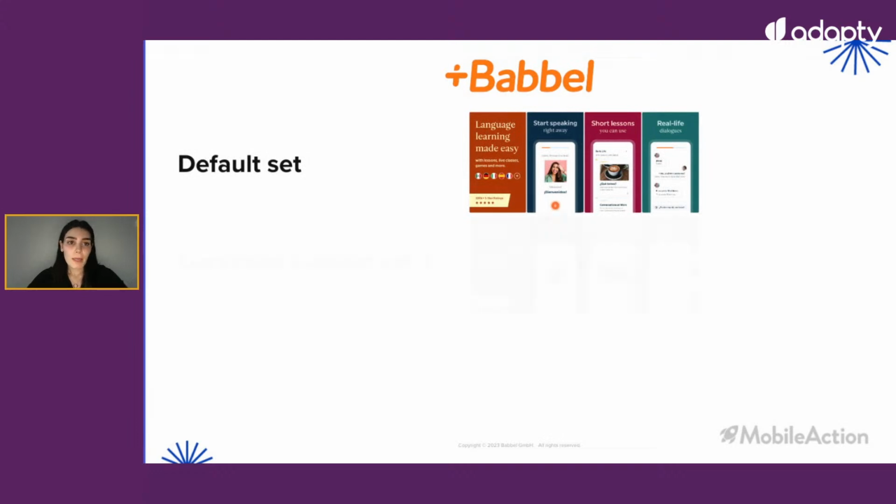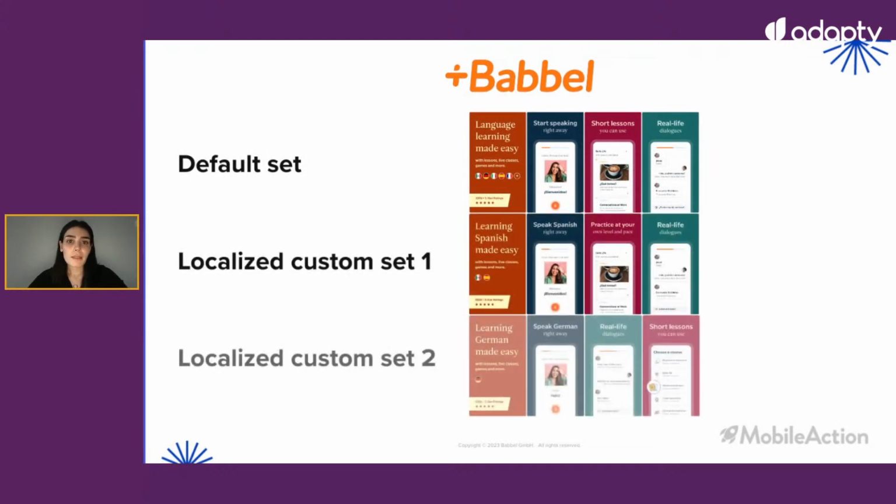This is a bit meta, but we like the minimalist approach here with the small fixes here and there. They managed to create custom product page sets that target the people who want to learn Spanish and German in these examples. So they are using Spanish for the Spanish audience, and they're using German keywords for the German audience in the creative sets. And this is another great example of how you can leverage custom product pages in localization and seasonal times.